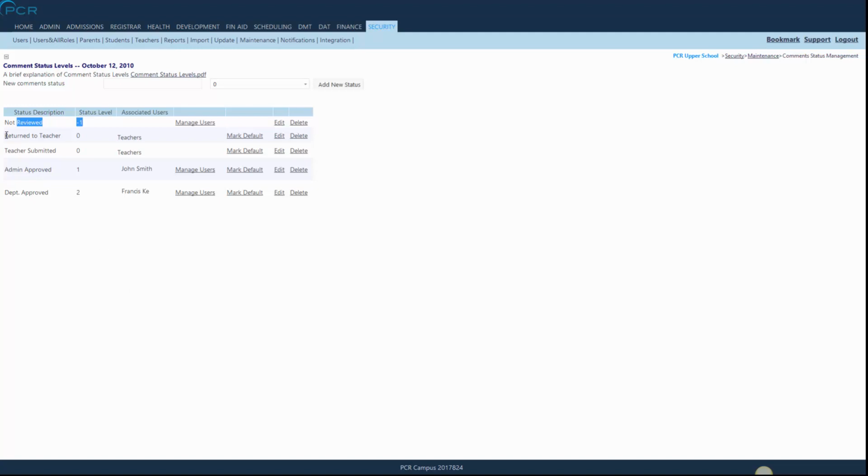The second one and the third one, so the second one is "return to teacher" and the third one is "teacher submitted". These two statuses are used for administrators to return any comments that have to be revised back to the teachers, and then once everything has been completed, the teachers can submit the comments so that administrators can review them again and send them either back to the teachers, or they can approve them and then move the comment